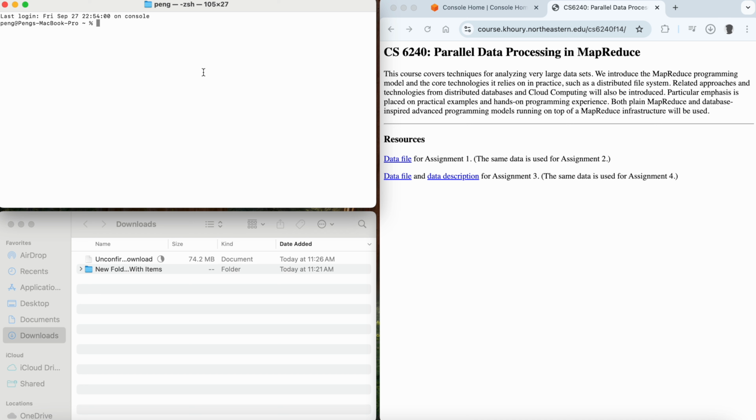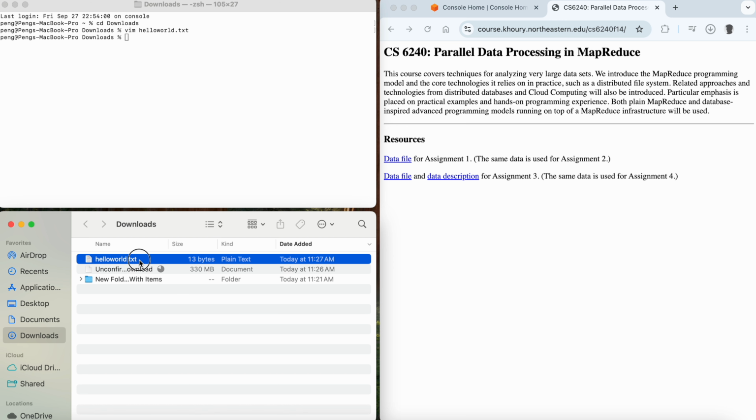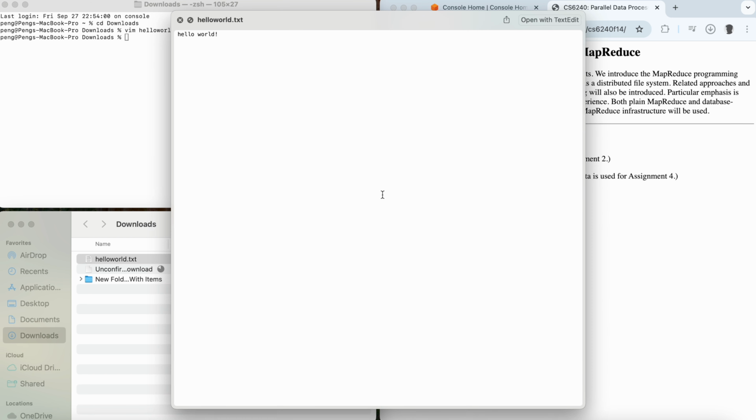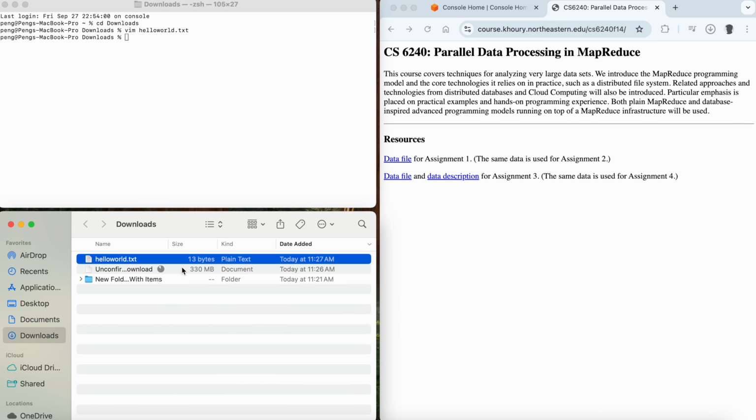So we can vim a hello world txt file, and we have hello world in it, and we save and quit. And as you can see, we have built a hello world text file, and the dataset is still downloading because